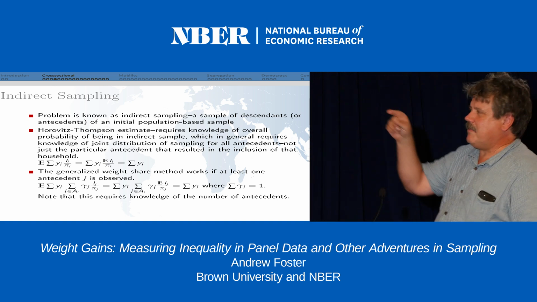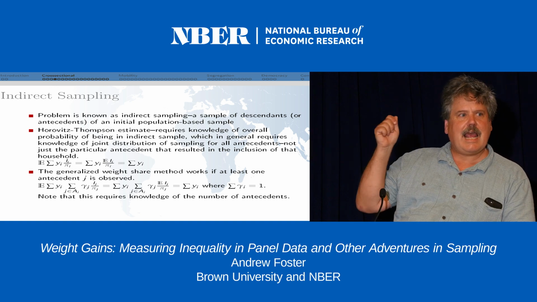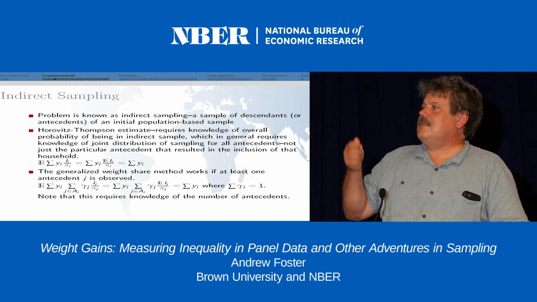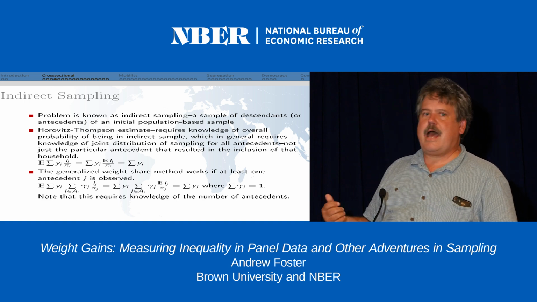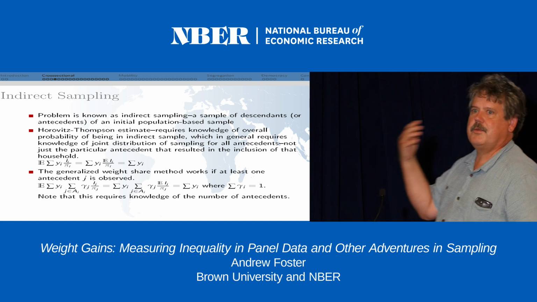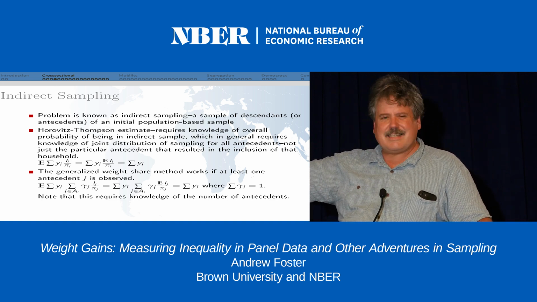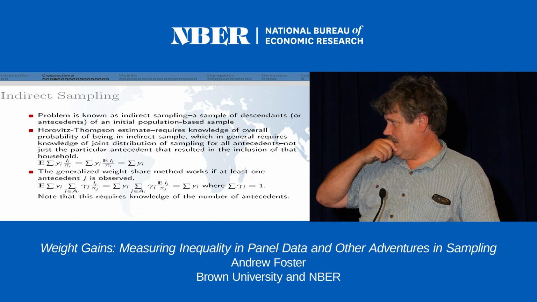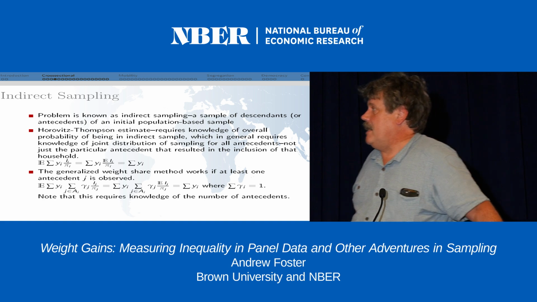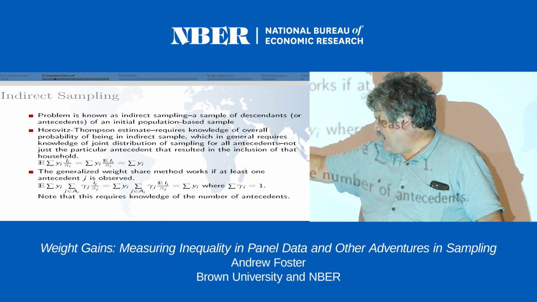Okay? So it would seem like to construct the pi ij for indirect sampling, you would actually need to know the probability that every single person in the household is a descendant of someone who could have been in the original PSID sample. Okay? And that is something we could never know. Maybe in Sweden you could know that, but you could never know it in the US. Okay? But it turns out that it uses the same kind of trick, and I just wanted to show that, though I probably won't do it quite justice, is that you have a set of people, descendants j, who belong to the descent